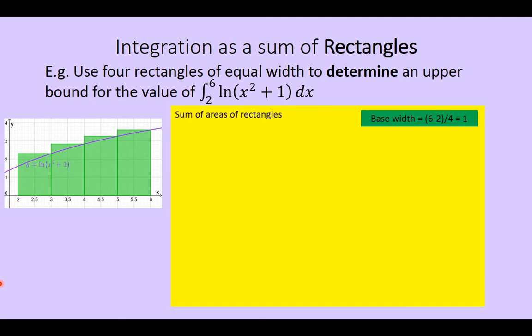Now we can find the areas of the rectangles. So we're going to write down an expression for that. So it's base times height for every rectangle and add them up. You can take the common factor of base out and add up the heights. And we're looking here